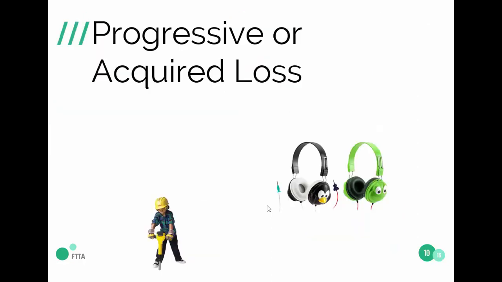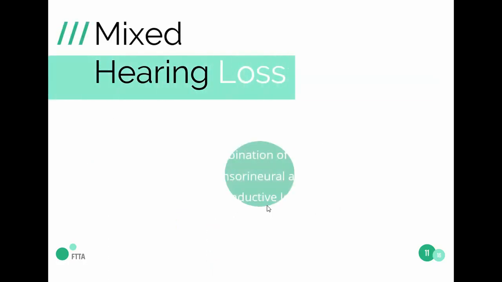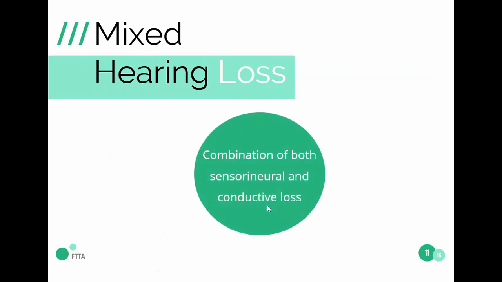Okay, and as with all disabilities, it depends on the child. There are always a huge variety of issues and levels of seriousness, I guess you could say. So some might have just a small 10% loss, others might have 100% loss. It could be in one ear, it could be in both. Progressive or acquired loss. So obviously we've spoken about what progressive and acquired means. But we're going to get through this pretty quick. Mixed hearing loss, so a combination of both